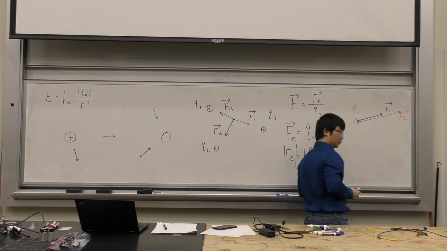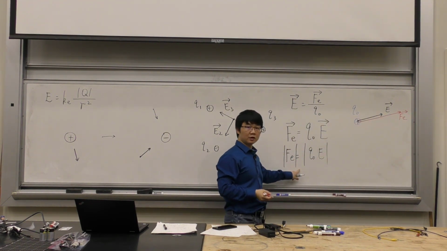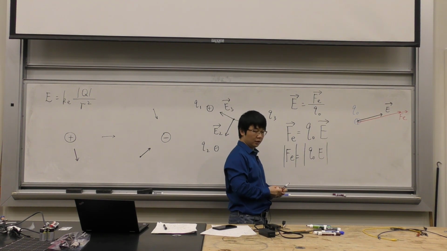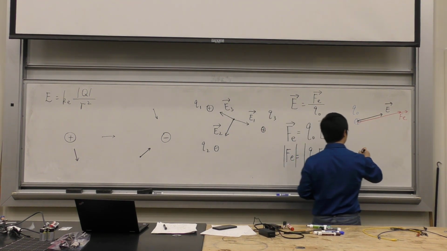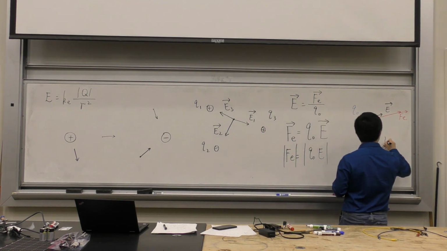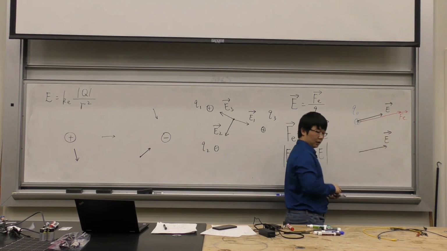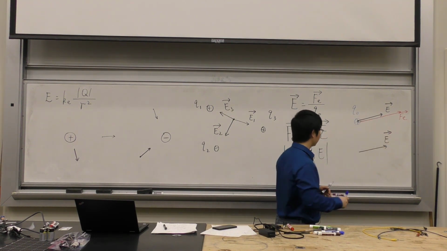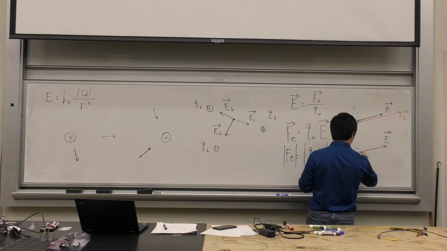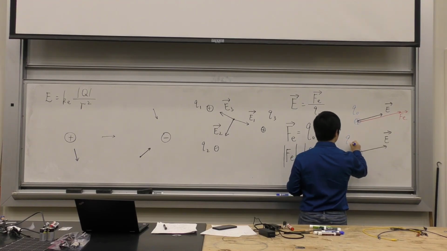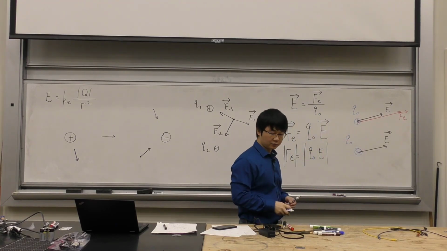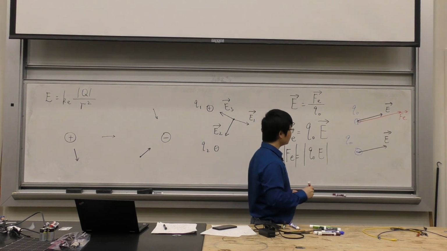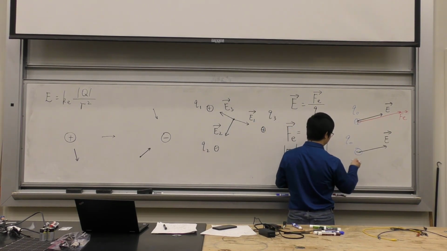That's the direction, okay? Magnitude: multiply these two numbers together, make everything positive, right? The same, if it's the same electric field, I calculated the number and direction. Now I place a negative charge here, a test charge. I want to find the force this test charge feels. Direction is just going to be opposite to it,